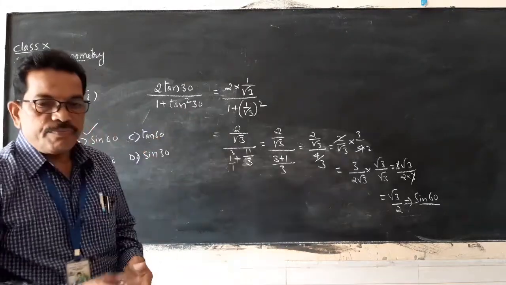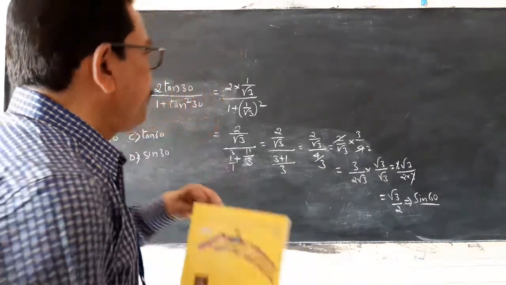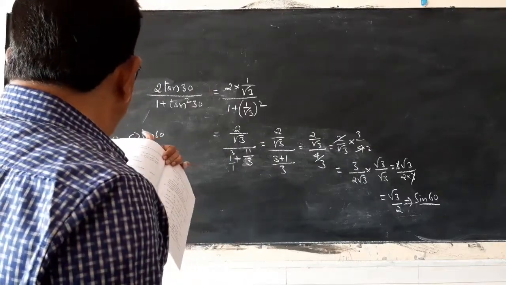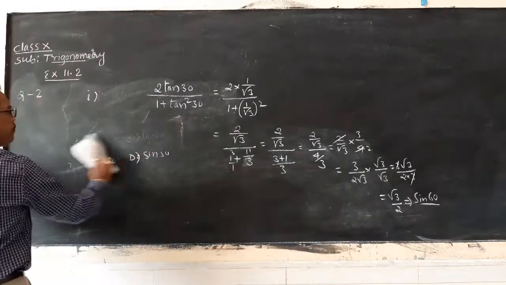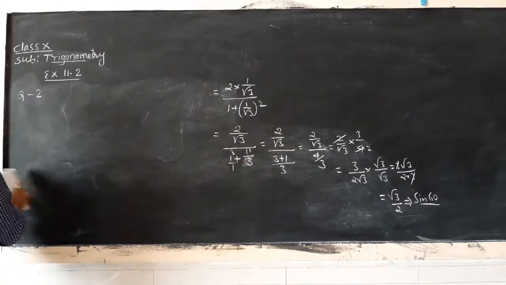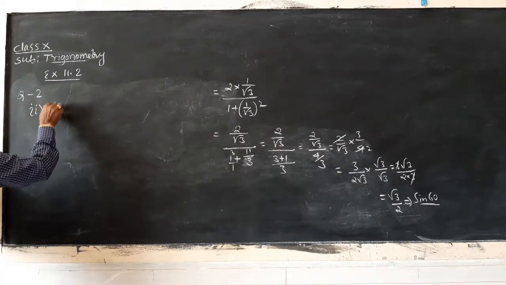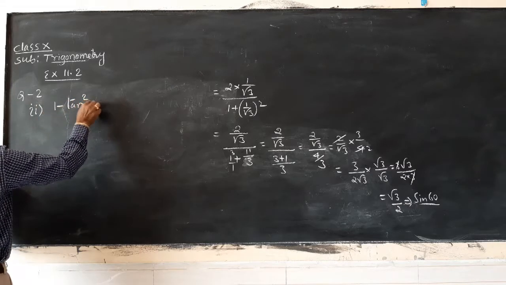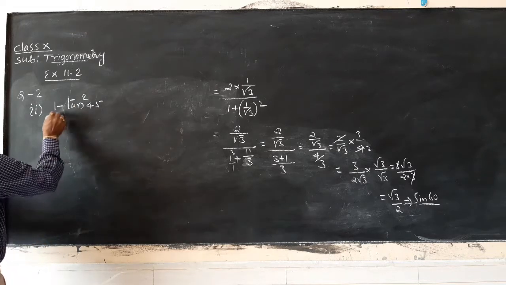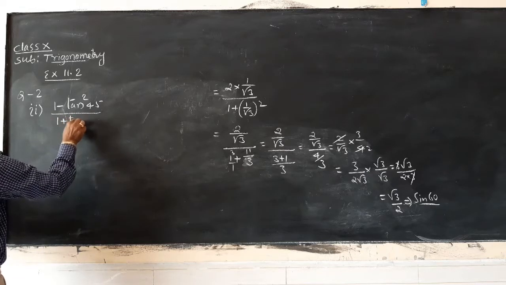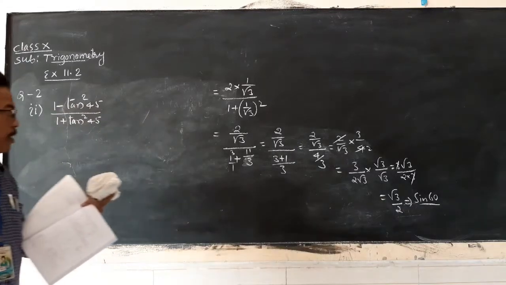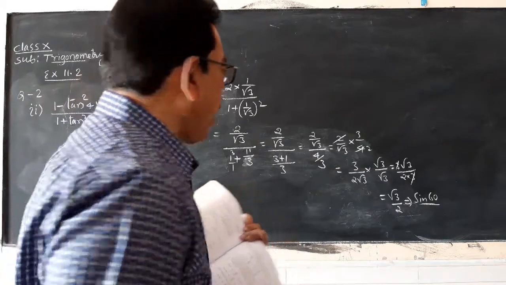Okay, right now, the second one. 1 minus tan square 45 divided by 1 plus tan square 45. The options are